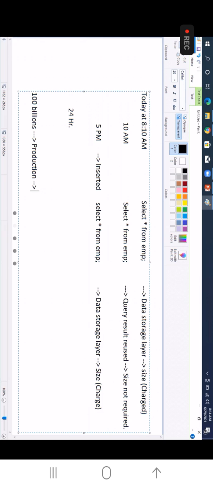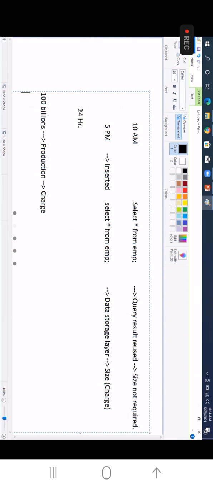Based on the volume of the data, Snowflake will charge accordingly. Here it is chargeable. What I'll do is, if this table of 100 billion records is not a frequently used table, maybe on a monthly basis they will do some operations like